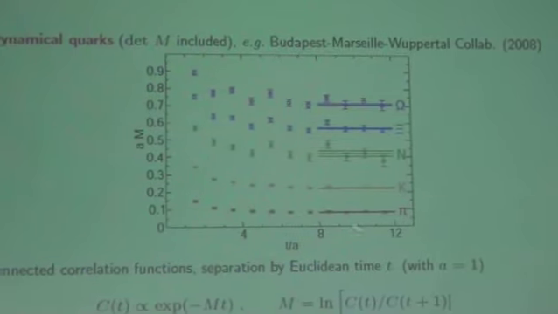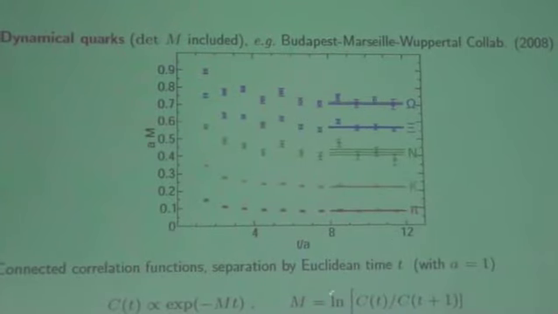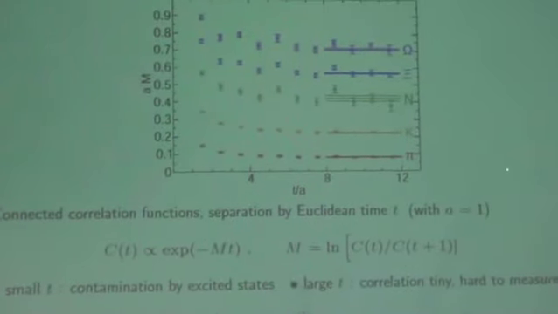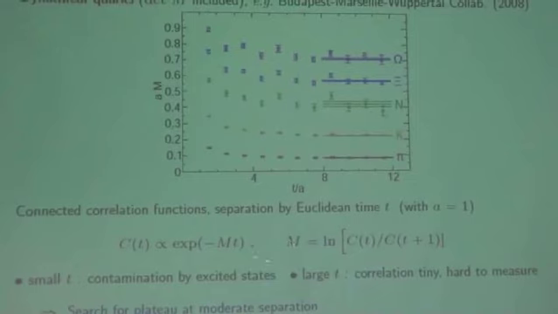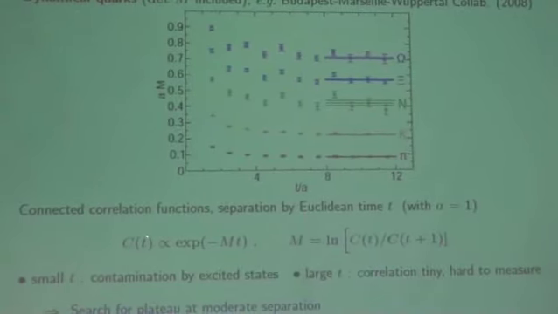So you have to separate it well enough that only the first energy gap contributes, and this is what gives the mass. Now if you separate it too much, then it's bad again, because you have this exponential decay, and then it's very difficult to measure this and distinguish it from zero within the statistical noise. So you have to look for an intermediate window, in this case between 8 and 12 lattice spacings, where you find a plateau, and these plateau values, depending on the densities that we correlate, can then